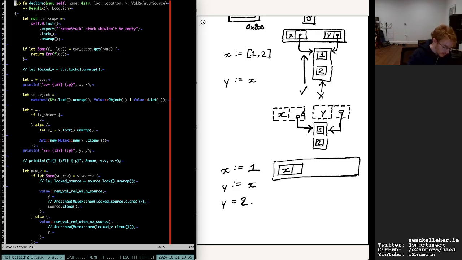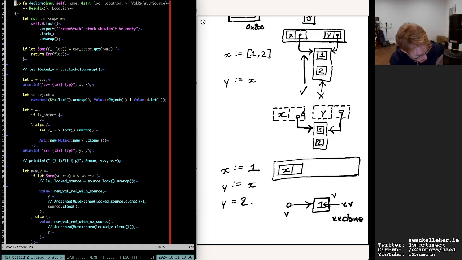So when we come along first time, we're going to have this thing 1, and this thing v that points to 1, and then this is essentially v, and this is v.v, and then if we do v.clone, we're getting a copy of that with its own pointer,